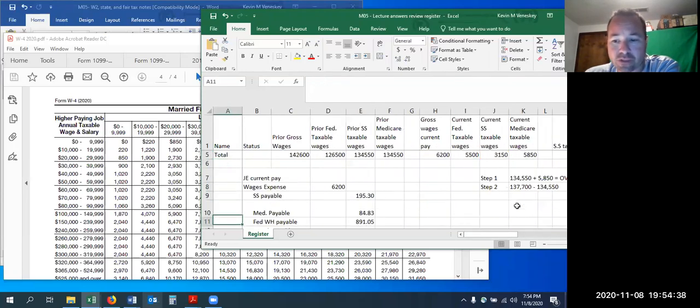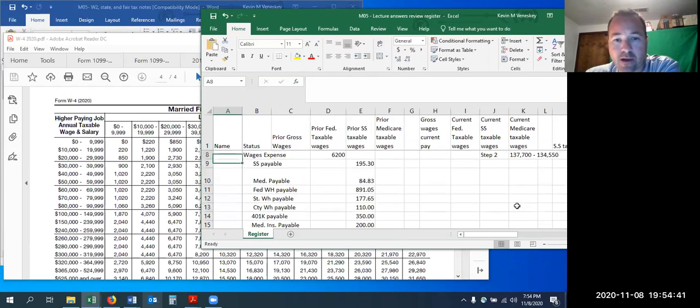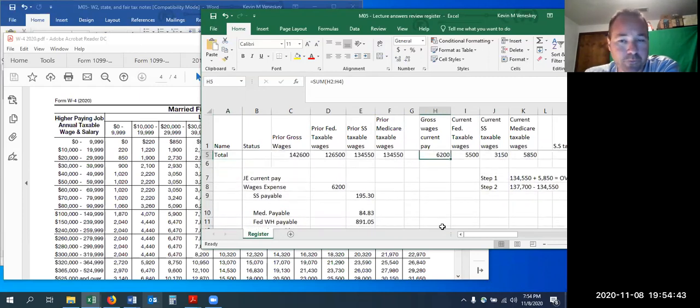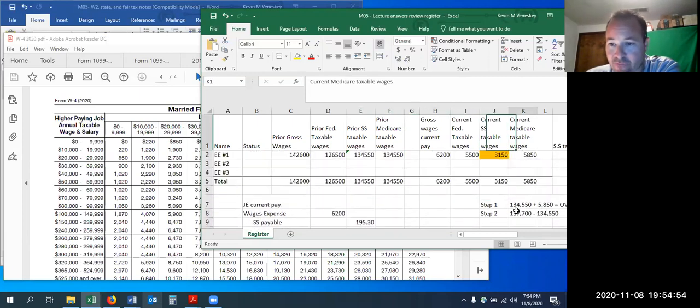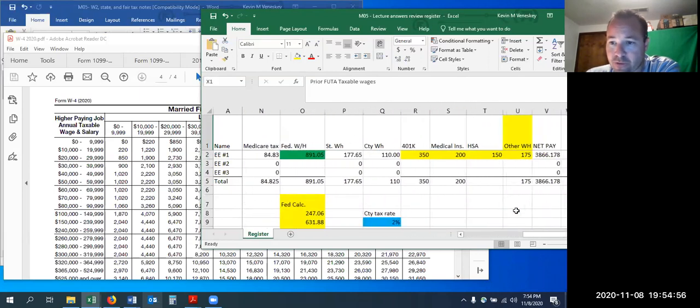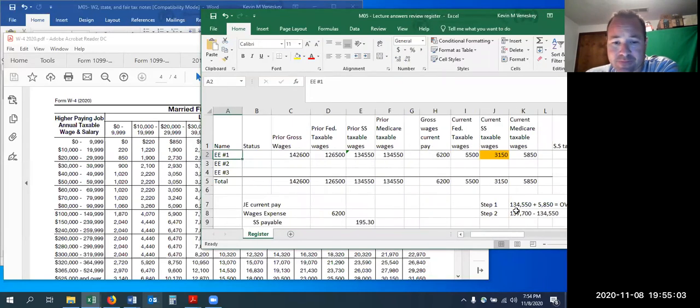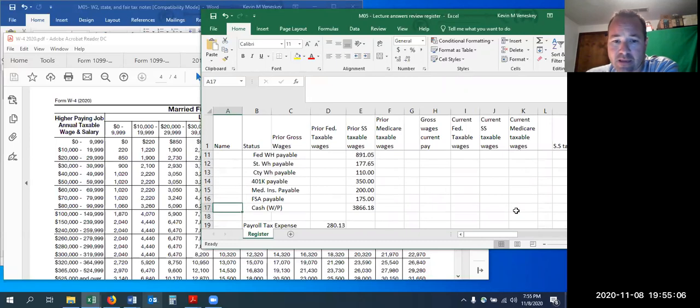All right, for the journal entries. Got our wage expense, how much they made total, and then subtract out our Social Security, everything that we have. The only thing that I don't have on here, and I don't think it's going to match. So if I was doing my check figure, which I need to be doing, somehow I've put it in here. I don't even know how I did it. Let's check. It says 3866. And yep, 3866. But if I would do my check, it's not going to work. I'm almost sure of it.